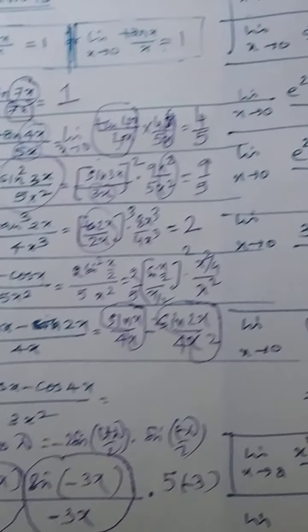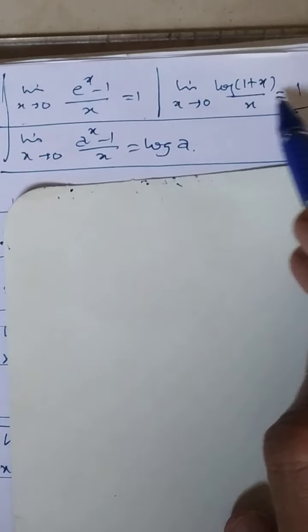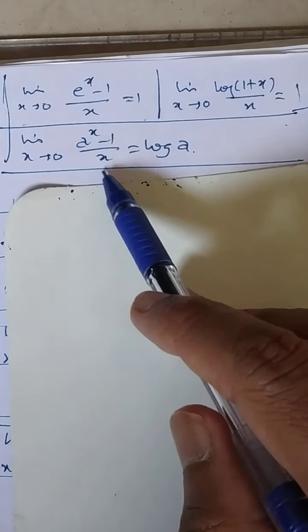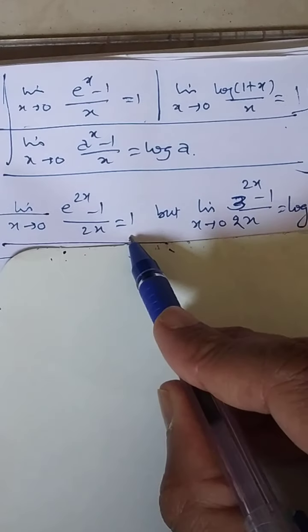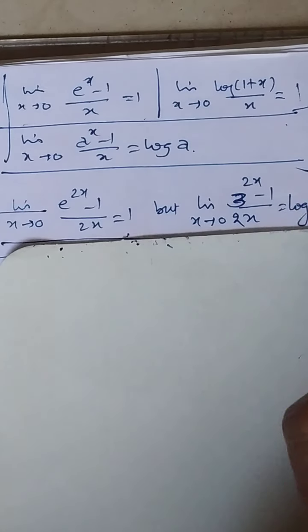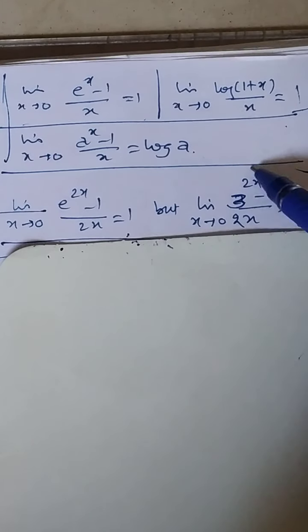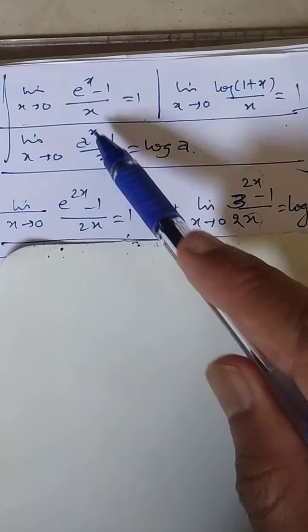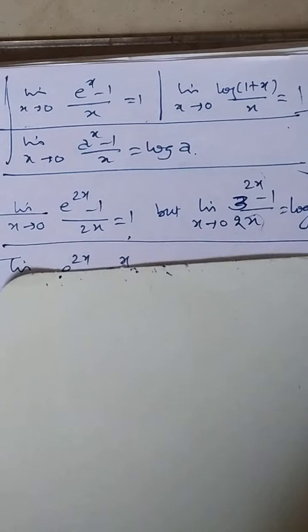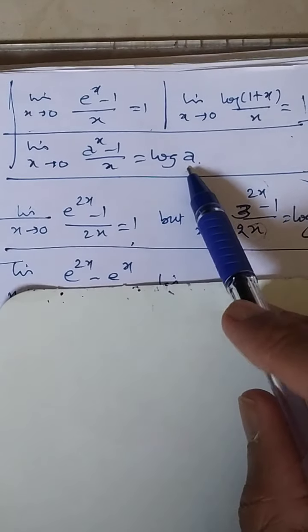Apart from sin and cos, you have learned these three formulas also. Limit of e raised to power x minus 1 upon x, and log of x. This expression, e raised to power x minus 1 upon x, is nothing but log a. So if you remember, this answer will be 1, but this answer will not be 1. Reason being, over here 2x and here it is 2x. Then I am talking about this formula. When these two things are there, here it is not 1, but here it is log 3, because the log formula is applicable.